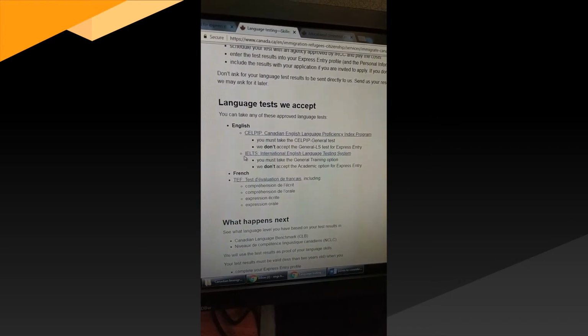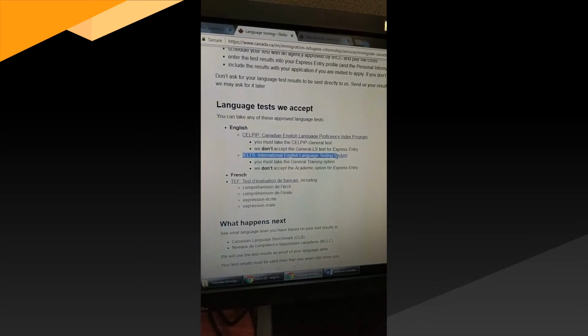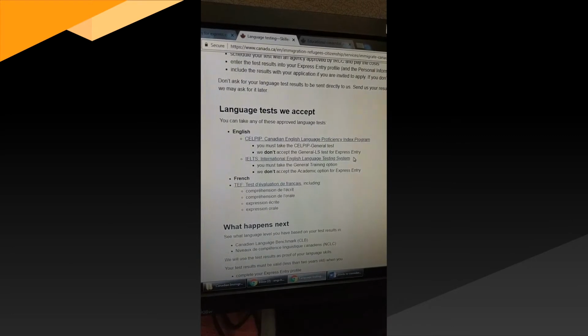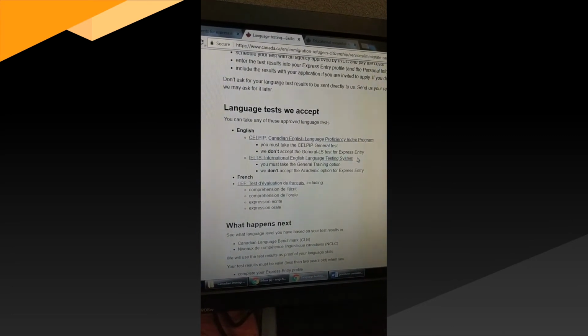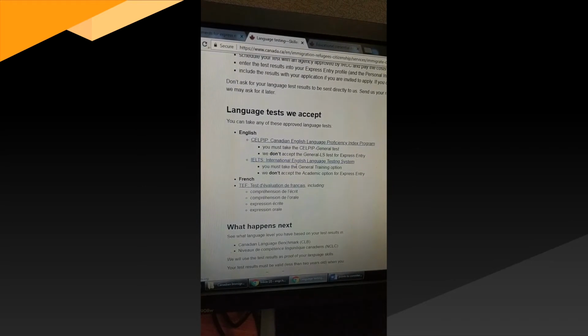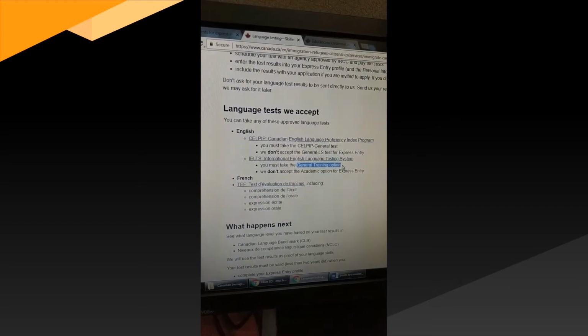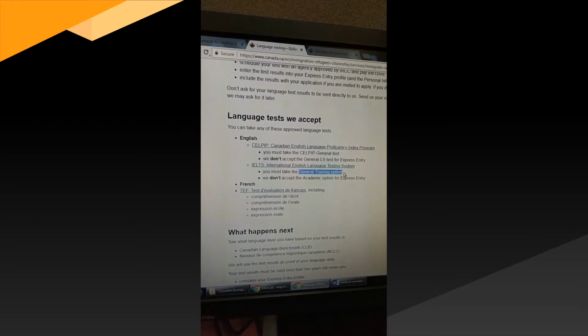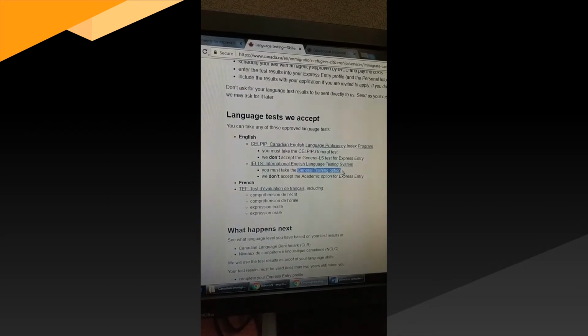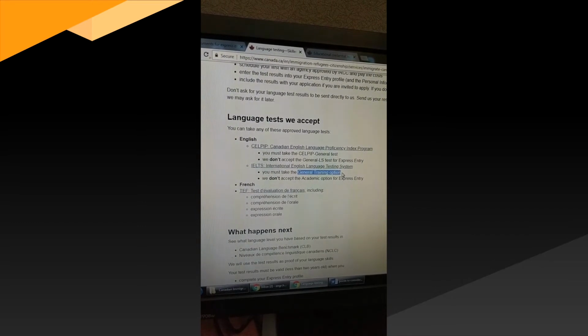The second one is the most popular and famous, and most of the students and professionals know about this test, which is IELTS obviously. But make sure that there are different versions within IELTS test. So you must select the general training option for your IELTS test that you will be providing in your express entry profile. The other version of the IELTS test is called academic, and the immigration people won't select that score for you to consider as an